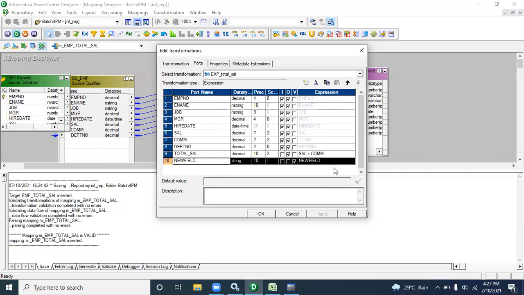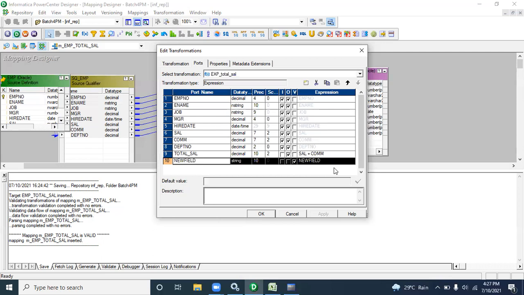That is the three types of ports. Sometimes someone may ask what output, input, and variable ports are. Input means it is coming from the previous object, previous transformation, or source. Output means it will go to the next transformation, next object, or target.